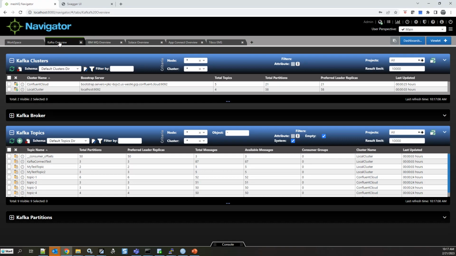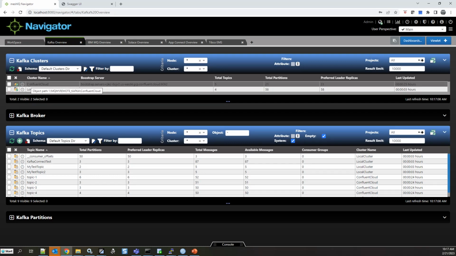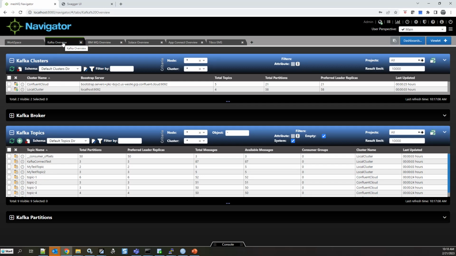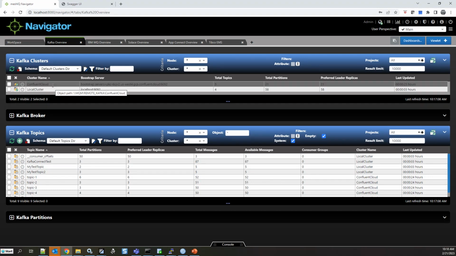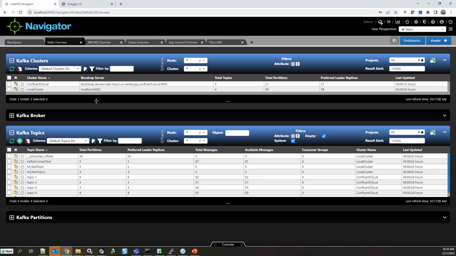I tend to look at technologies. And if I were to drill down in this, you'll see that I have different types of views of the technologies that are there. I'll start with Kafka. Basically, I've got two Kafka environments here. I have a Confluent Cloud hosted Kafka cluster, and I have a local cluster running on my local machine, right? A very typical environment, perhaps, for a developer that has access to the production systems or a test system, as well as their own local environments. That part is pretty typical.